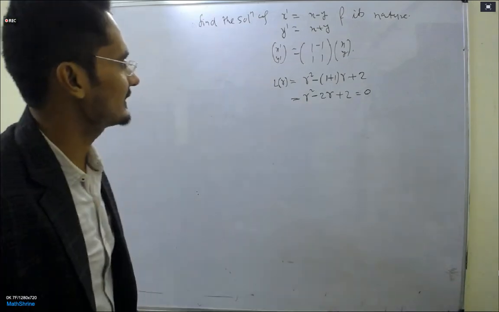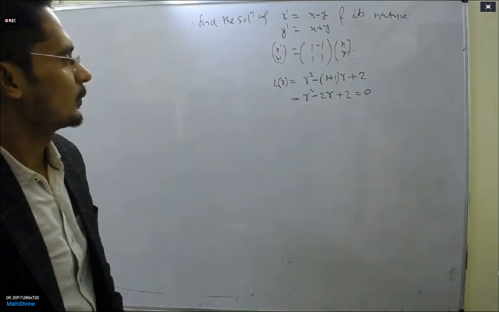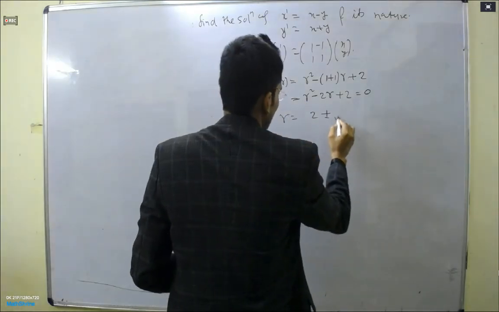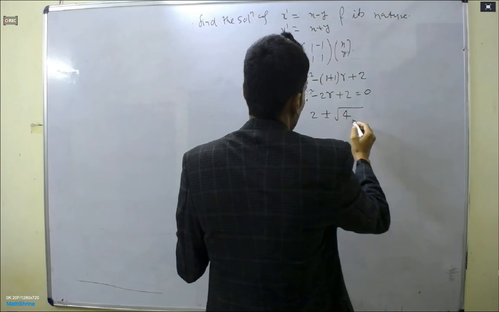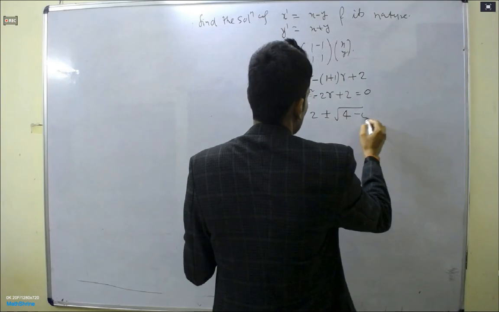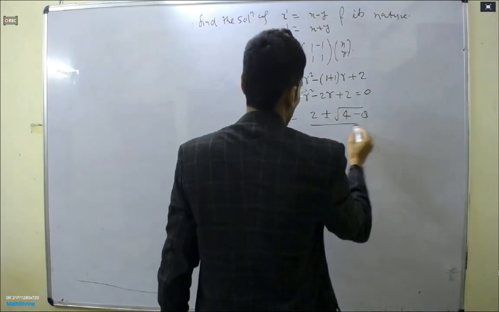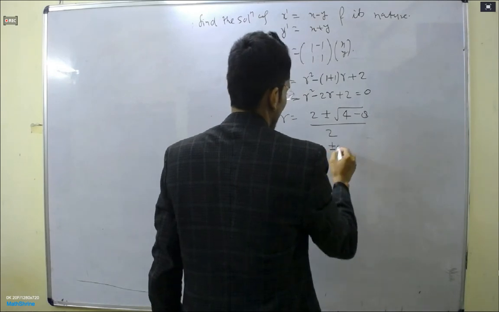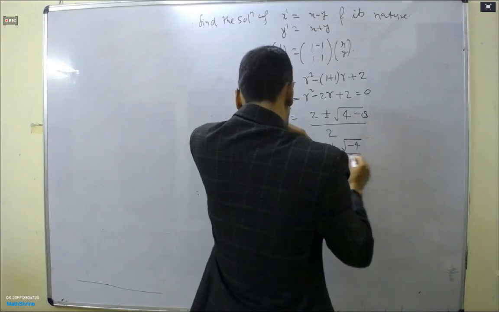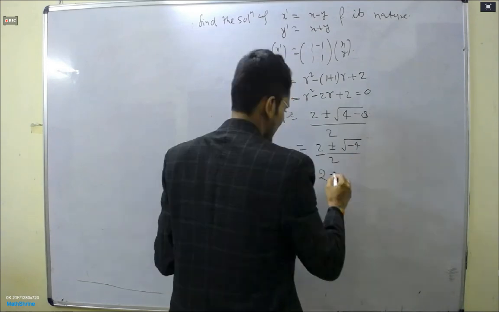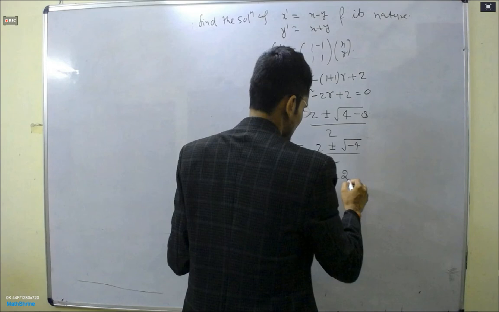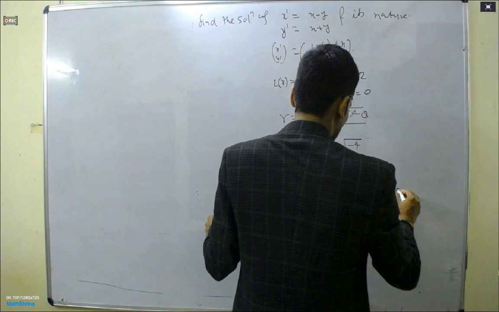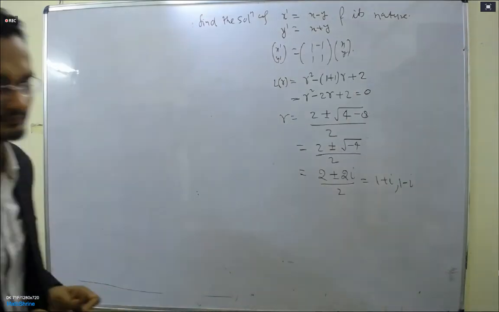See, both are different, 1 plus iota and 1 minus iota. It is understood if you calculate our matrix, A minus (1 plus iota) into I, if you put this equal to 0, right? And this will give you the eigenvector. I think you know how to find the eigenvector, right? So I say this is R1, this is your R2.